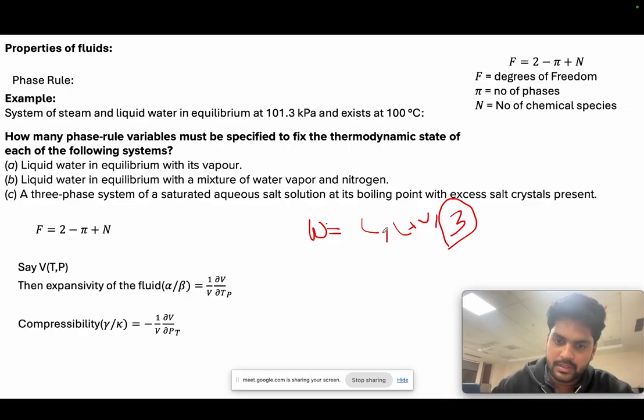So now there are three phases. Now I want to calculate the properties of the liquid system, the properties of the liquid plus vapor system, and the properties of this three-phase system. So